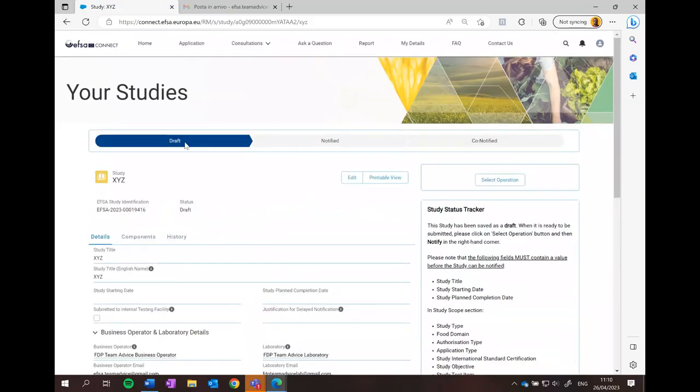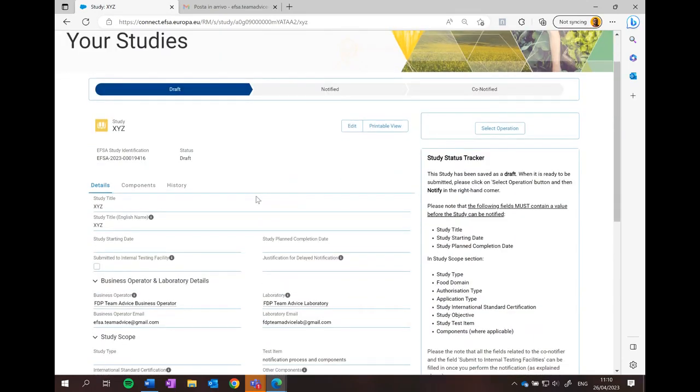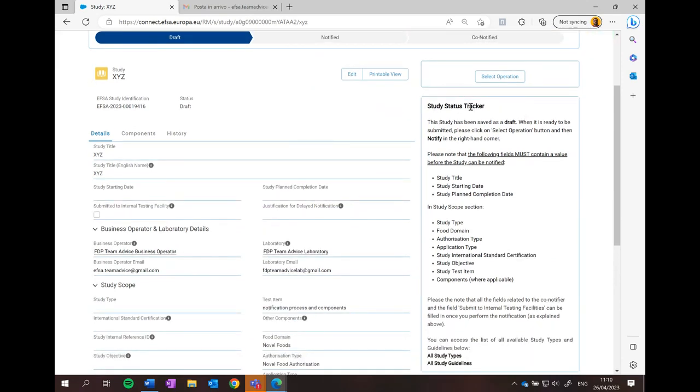Here we have it. As you can see, the study is in draft. So we are in the draft status of the study, when we are required to insert all the needed information. You have here the study status tracker with some guides for you about the information that is required and what you can do in this status to the study record. You can edit the study at this moment to insert all the information. Click the Edit button,